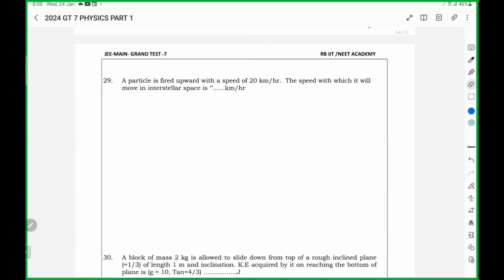Here projected with a velocity 20 kilometer per second. It is more than this. This is escape velocity. So definitely it will enter into interstellar space. So at the time of projection,